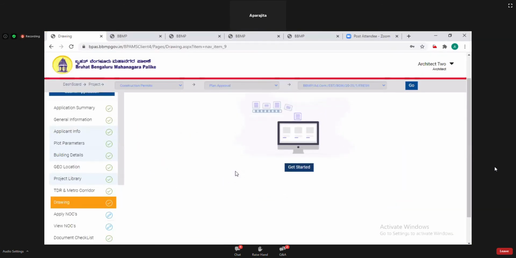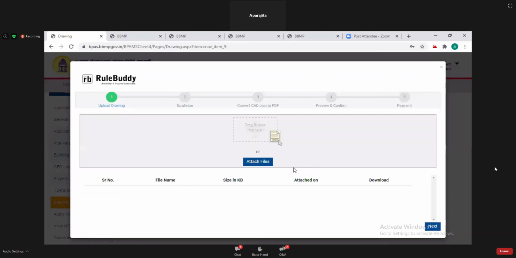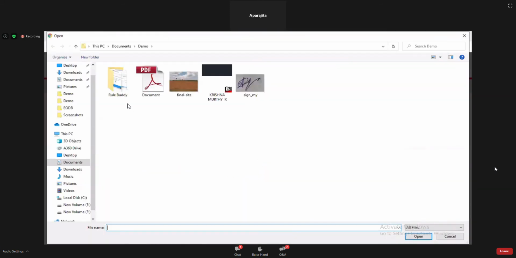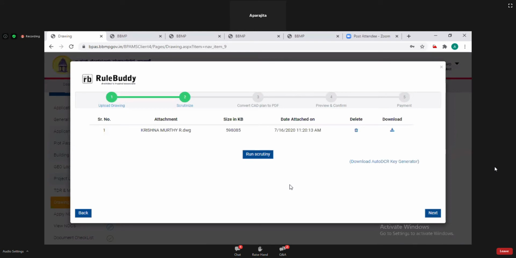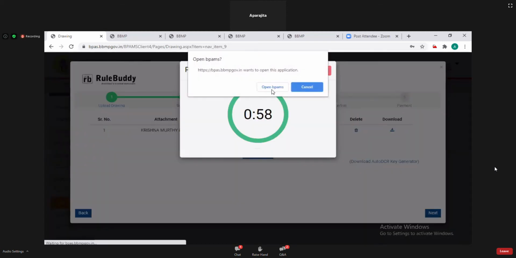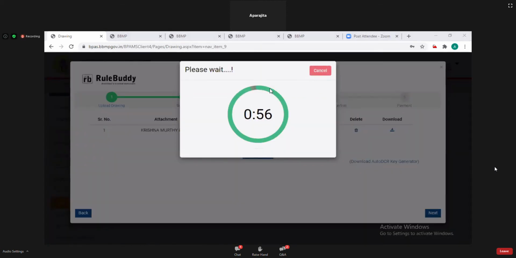So after activation, for attaching the drawing, you have to click on get started. Then attach your prepared drawing here. So for running Auto DCR, click on Run Scrutiny. Then click on Open BPAMS.